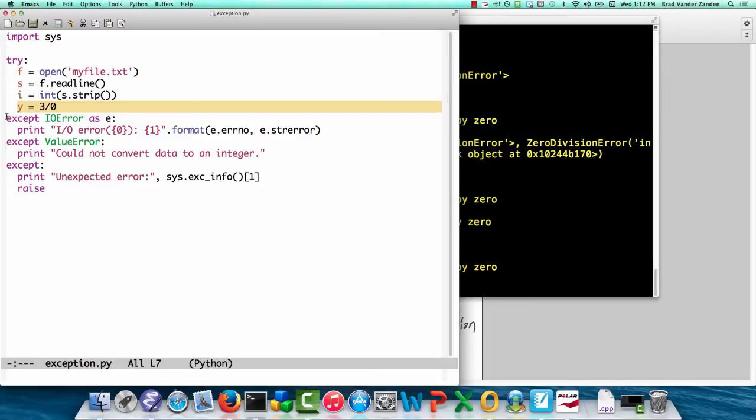So you can see our first except block catches the I/O error and prints out some information about the error. In this case, the error has some attributes that we can use. In the second case, we're simply going to print out the fact that we couldn't convert the data to an integer. Then in the case of an unexpected error, we're not going to be able to bind our variable to the exception object, but